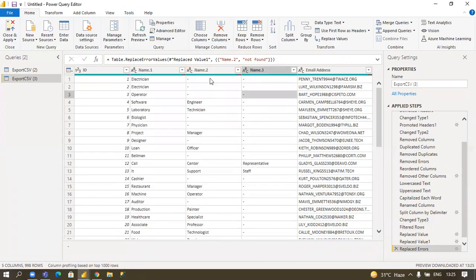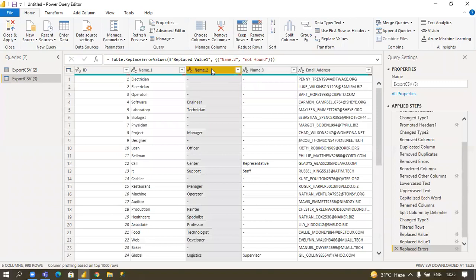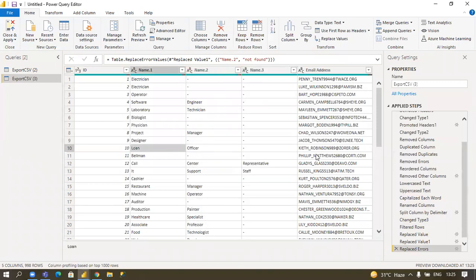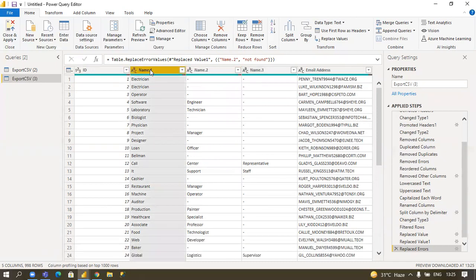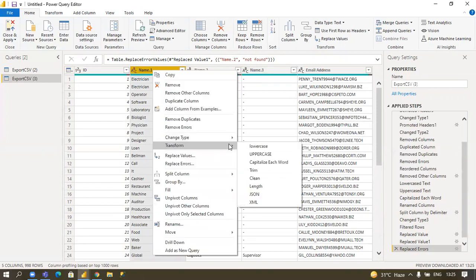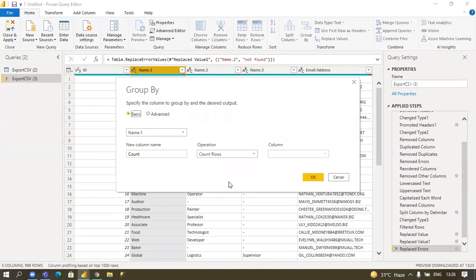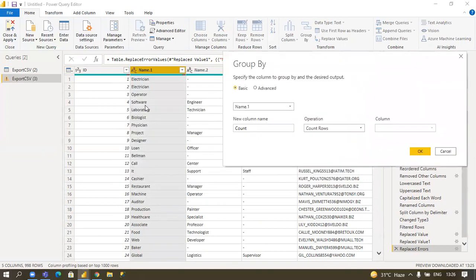And again I select that column, right click and group by. Group by is a part of this, so I will select this column, and right click and select group by. Suppose this is department: electrician, electronic, operator.